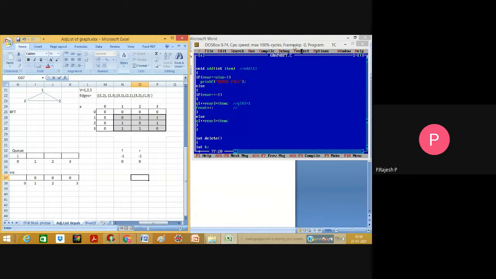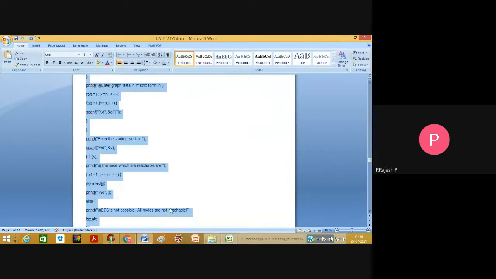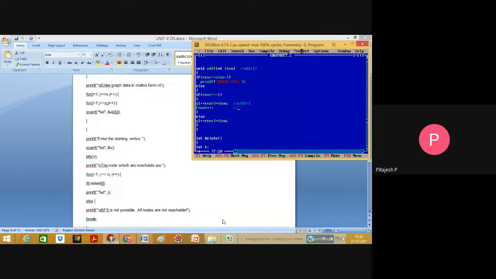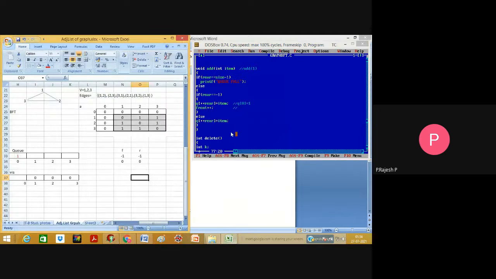Front is already holding -1 plus 1, which is 0. So f is equal to 0.